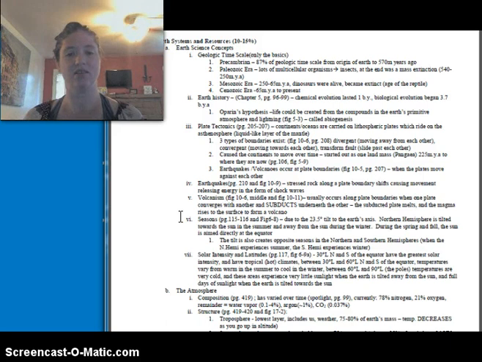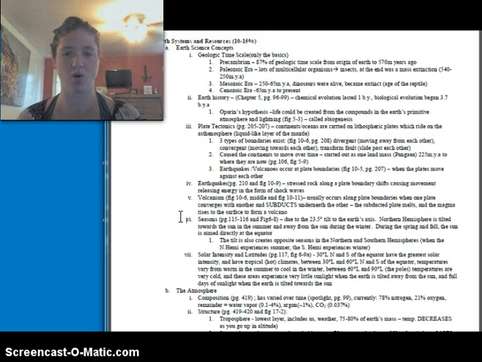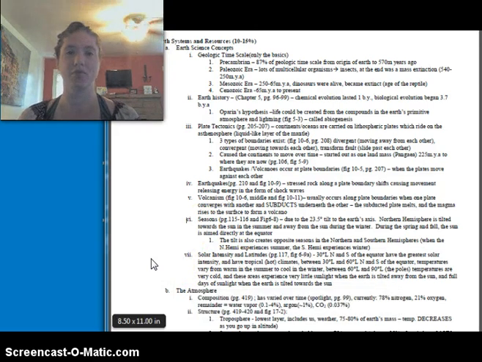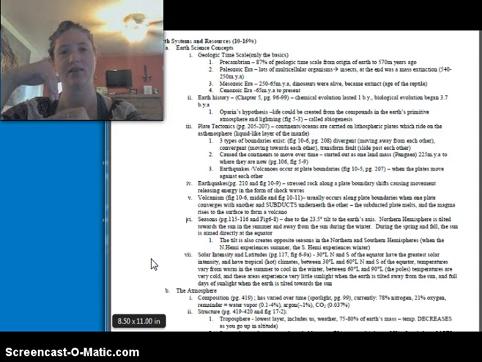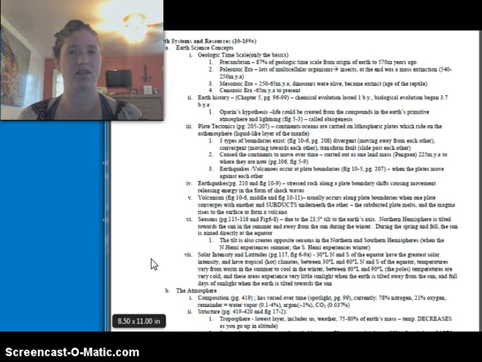Seasons are due to the tilt of the earth, not how far away it is. The closer you are tilted towards the sun, the warmer it feels. When it's tilted away, we get the winter. Also, when we have solar intensity, the closer you are to the equator, the more intense the sun is, so you end up with warmer temperatures because the sunlight's actually hitting you directly straight down versus hitting at an angle. When light hits you at an angle, you don't actually feel as much of the heat from it, which is why